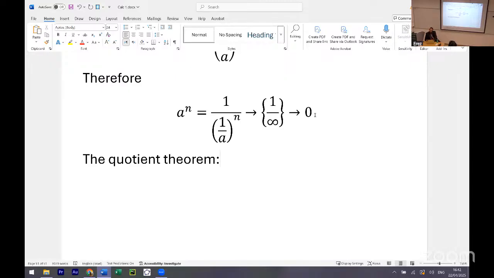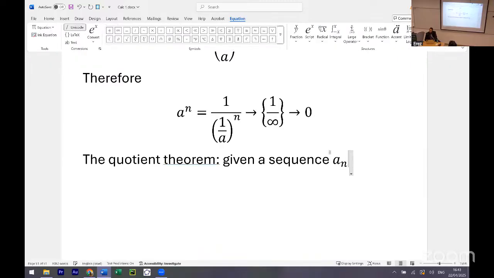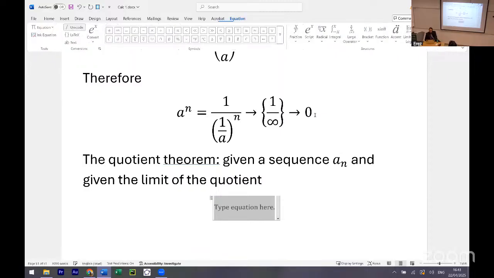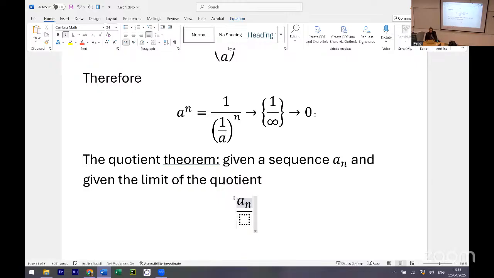The quotient theorem: given a sequence a_n, and given the limit of the quotient between two adjacent elements, a_(n+1) over a_n, and given that the limit is L,